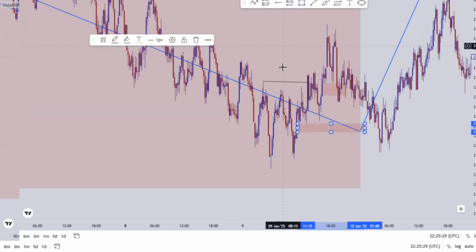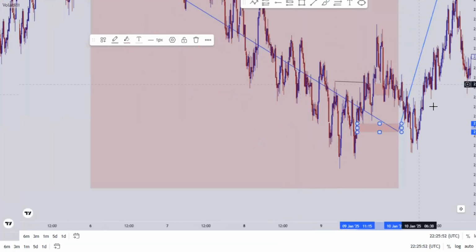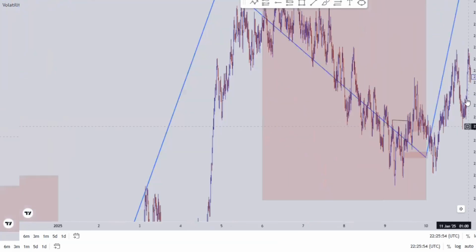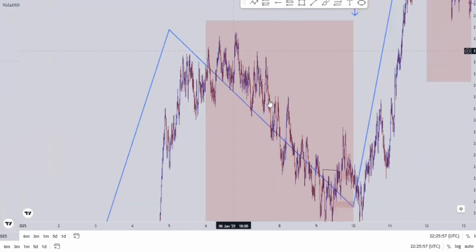Okay, so when we have this change of character exactly at this level, what we need to look for is either a demand zone, an imbalance, an engulfing candle, or whatever entry criteria you use to enter the market. But the basic concept is we want to navigate through the substructure into the swing structure. Once we understand that this market is pulling back, exhausting, or correcting back, and we're expecting this next impulsive